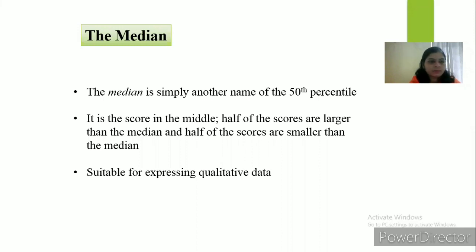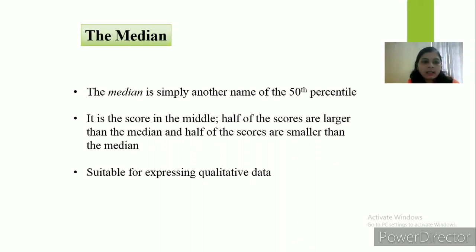The median. The median is defined as the number in the middle of a given set of numbers arranged in the order of increasing magnitude. Also, when given a set of numbers, the median is the number positioned in the exact middle of the list when you arrange the numbers from the lowest to the highest or highest to the lowest. The median is also called the average of position.